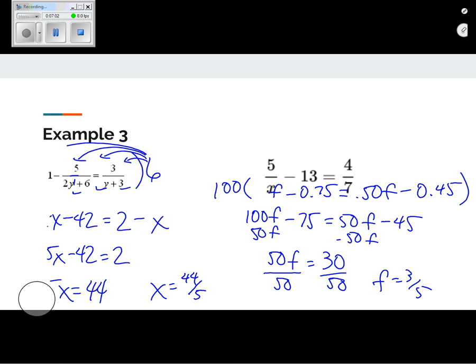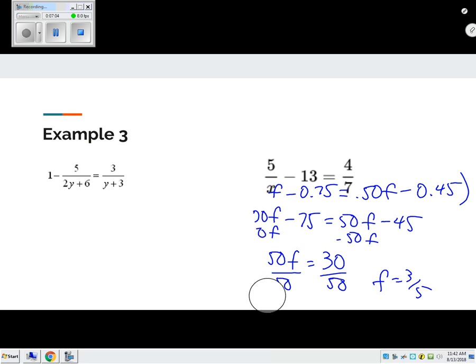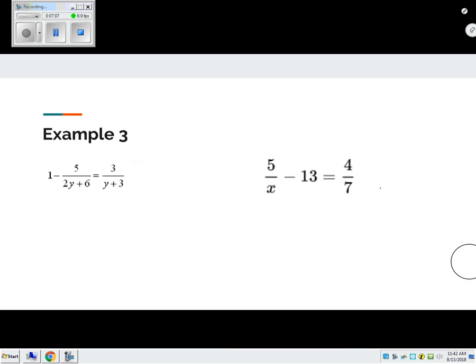A couple more. I want to step it up just a little bit more. This one I threw an X down in the denominator. So again, my common denominator is going to be something that 7 and 1 and X all go into. In this case, it's just going to happen to be 7X. Now watch this distribution. If I distribute this, that's going to give me 35X over X, which is just 35. So another way to think of it is these X's will just cancel, and I can just do 5 times 7